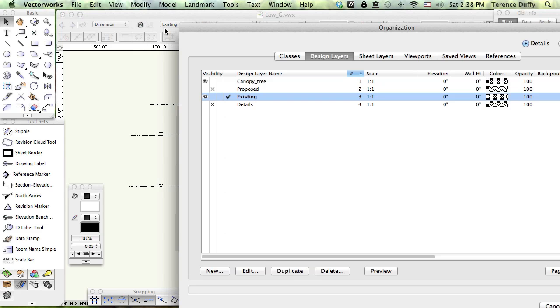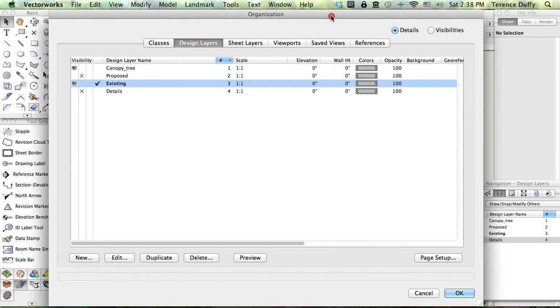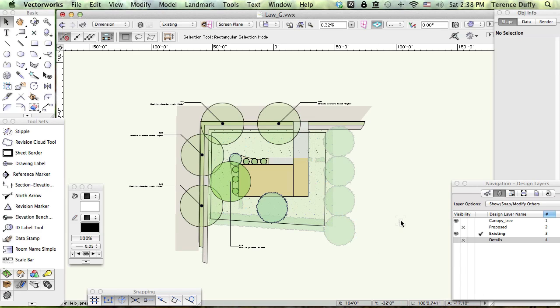So you can see right here, I am on the design layer right now. I'm on the existing conditions or the existing base plan layer. If you take a look right here, I have the proposed turned off. And one of the things that is convenient about Vectorworks is that the purpose is that you just draw once. You don't have to continually redraw the